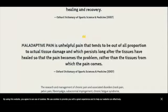Maladaptive pain is unhelpful pain that tends to be out of proportion to the actual tissue damage and which persists long after the tissues have healed, so that the pain becomes the problem rather than the tissues from which the pain comes. Okay, and that's a really important bit of terminology, as Karen was doing a great job explaining how she's managed me. What I want you to be using is this really clear terminology in your notes and in your thought process when you're working with your patients now. Is this pain adaptive or maladaptive? Really, really important in being able to